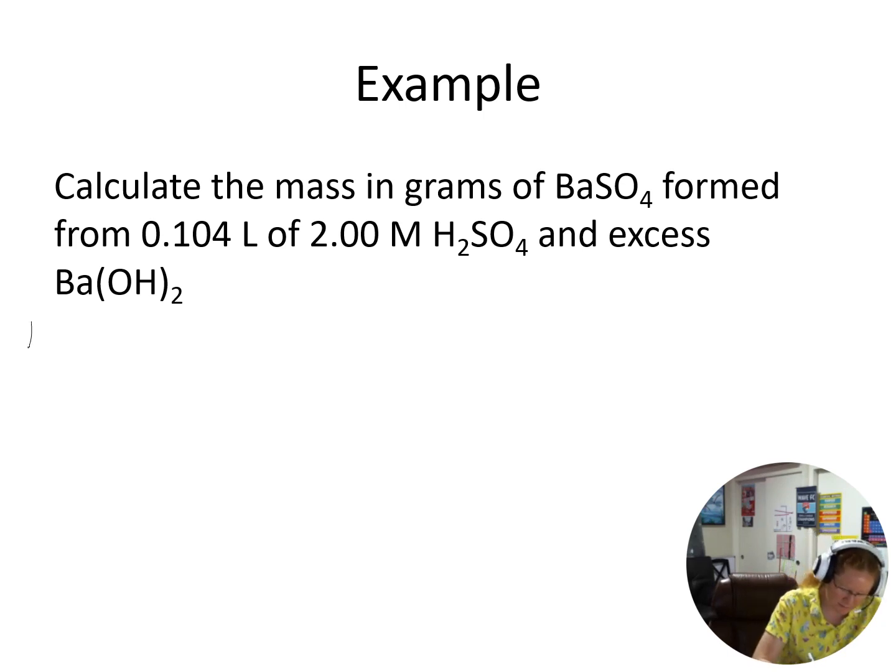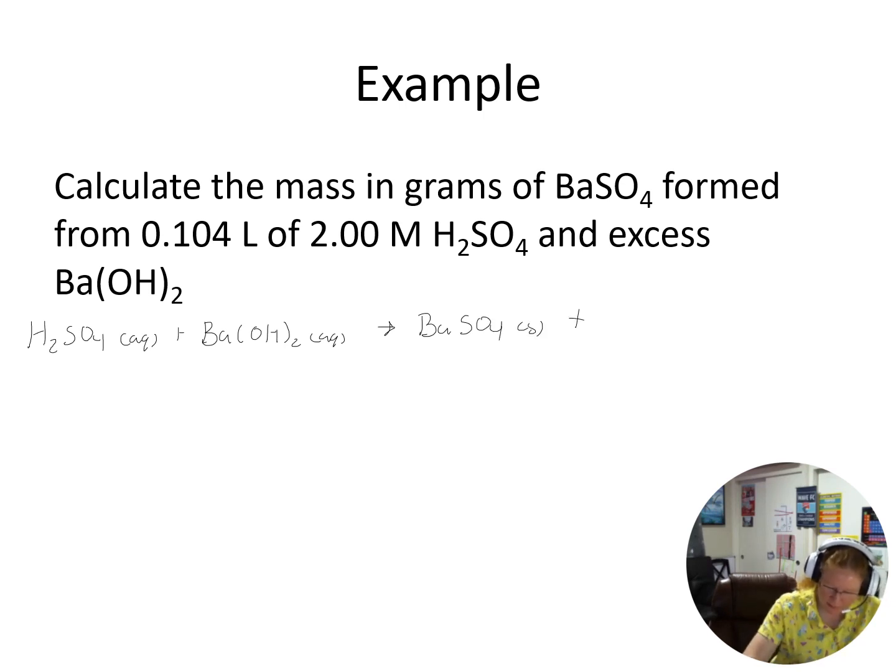So we have our sulfuric acid. We have our barium hydroxide. We are forming our barium sulfate, which is a solid, and then water. Okay, and we're going to get 2 waters. All right, so we have